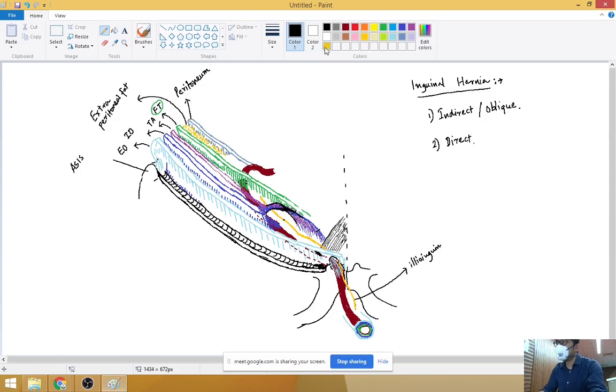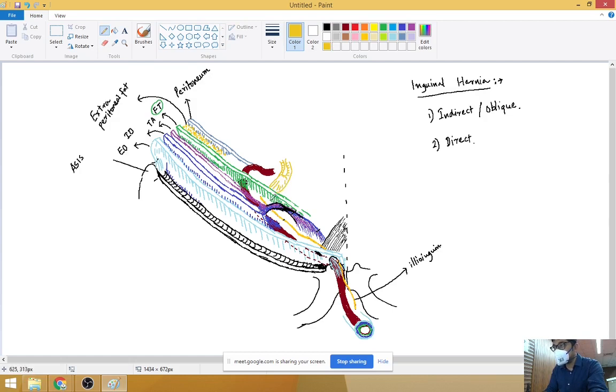So now here again, this is the peritoneum, isn't it? Suppose there is any intestinal loop. From here it is coming, bulging out,